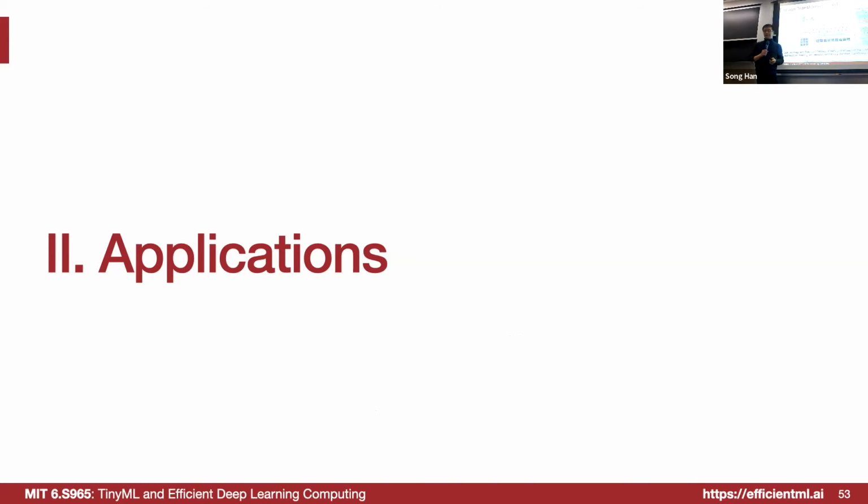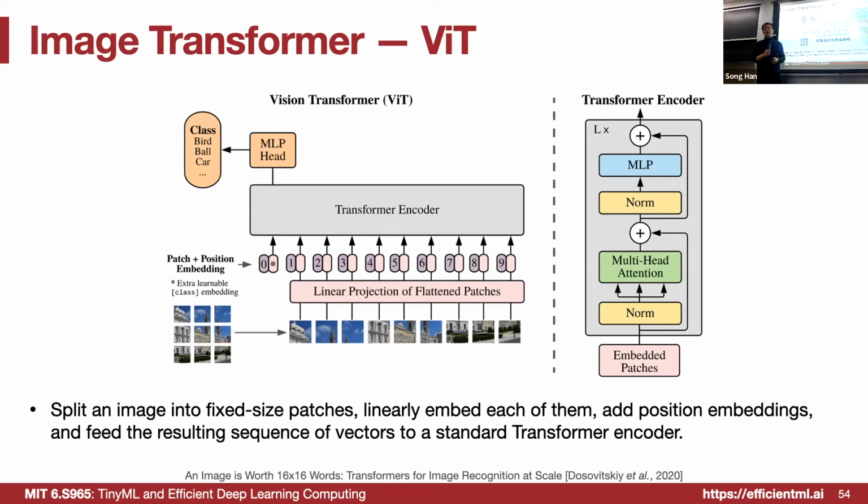Okay, so let's see some applications beyond natural language. For example, we can also apply these transformers to vision models. In this paper, an image is actually worth 16 by 16 words, which is pretty interesting, that we can divide the input image into several tokens. For example, this image has been divided into 9 tokens, and then we can run feature extraction inside